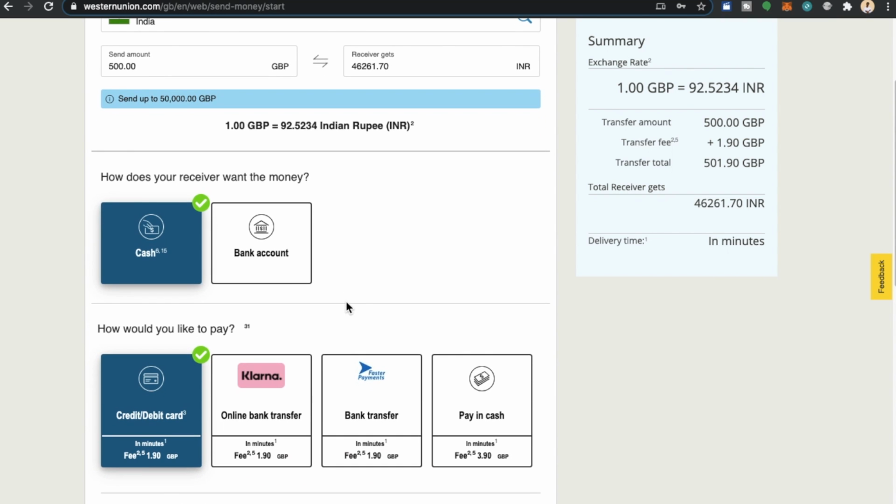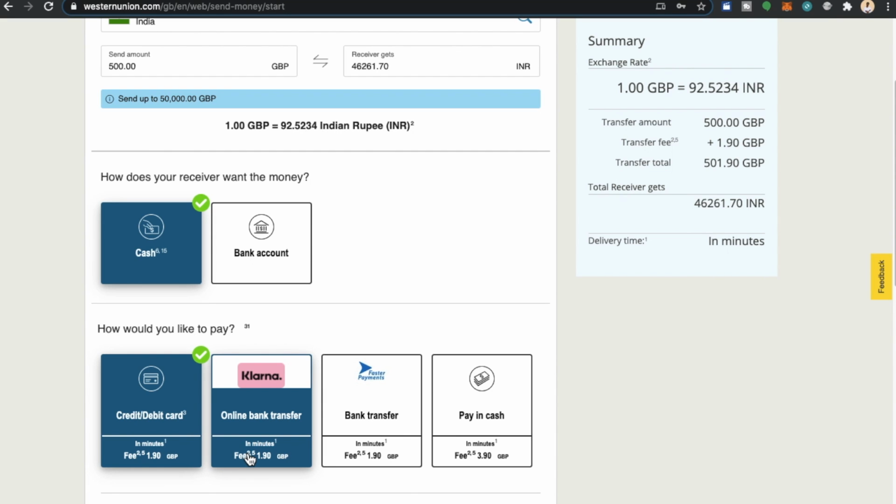You can also see down below that this can be done by a debit card or bank transfer. You can also see how long this is going to take. For example, credit card or debit card payments will be done in minutes. Klarna, which will require a credit check to use, will require a fee, just like debit cards, but will also